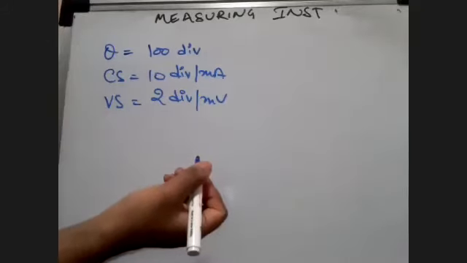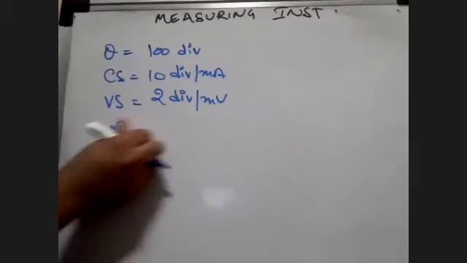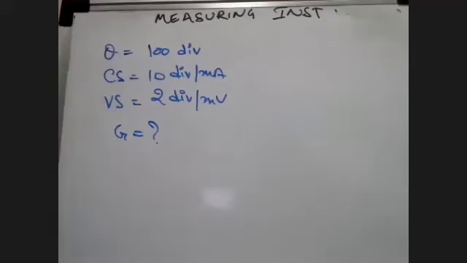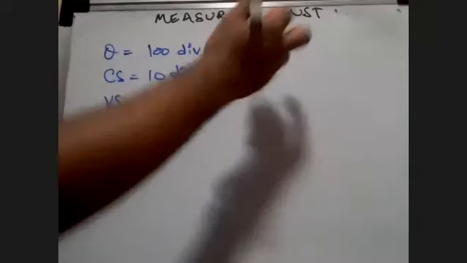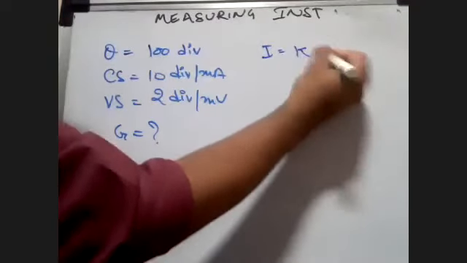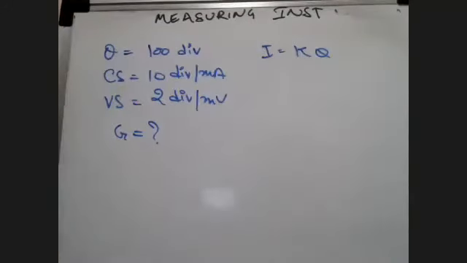Then what they asked is basically what is going to be the resistance of the galvanometer. Basically not R, but what they're asking is G. G is equal to what? So can anyone tell me the approach to this? It's simple. We know that I is equal to K times theta. So we know the current sensitivity, so using the formula we can take out I.